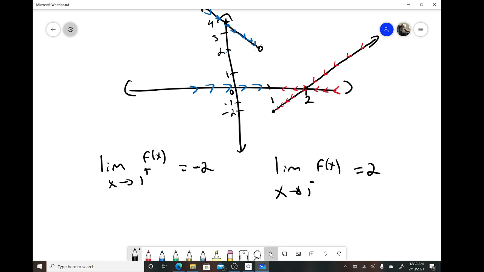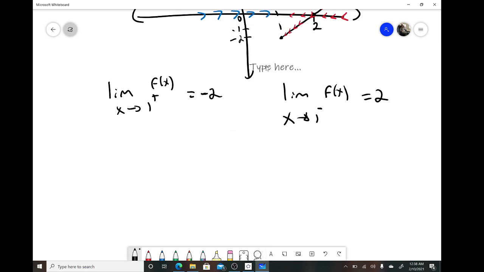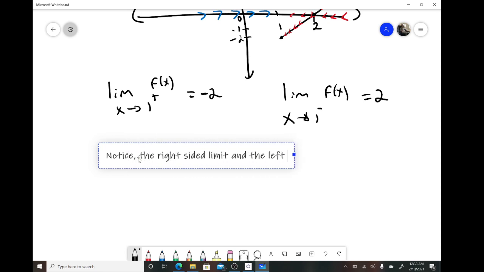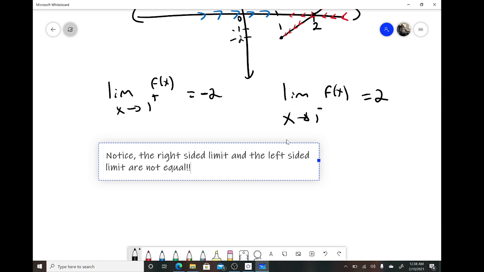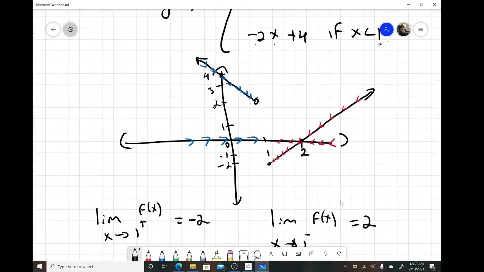So notice the right-sided limit and the left-sided limit are not equal. So this is pretty big. It's a pretty big observation that we have. So what does this mean? Well, by the theorem that I just wrote above,